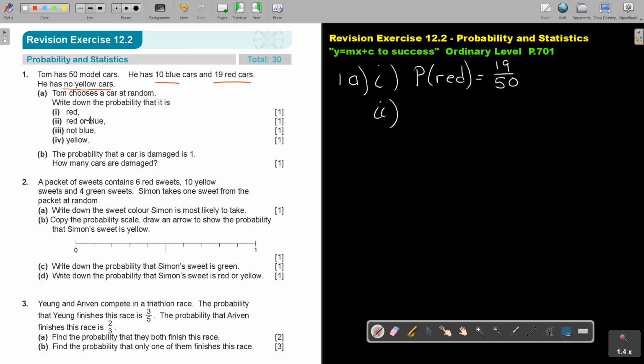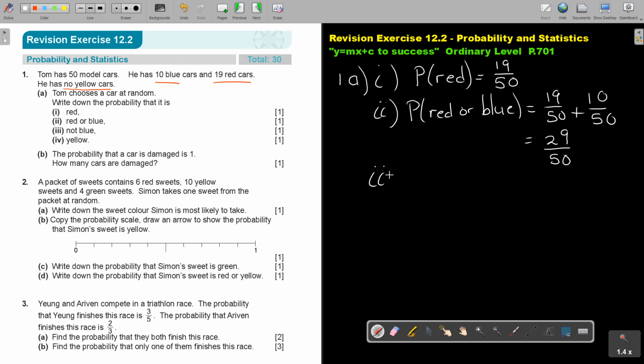Then the second one. Red or blue, nothing to do with each other. So, and remember, or means plus, and means multiply. Okay, now what is red? What is blue? And that will give me 29, am I correct? And that will be over 50. Okay. And then not blue. Can you remember that I said that not? I have blue. I know what is blue. Just remember, probability of blue